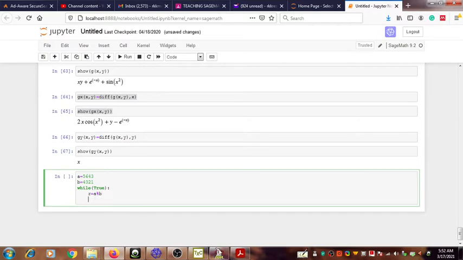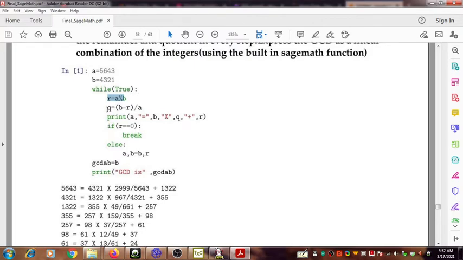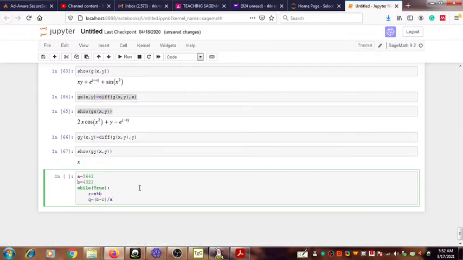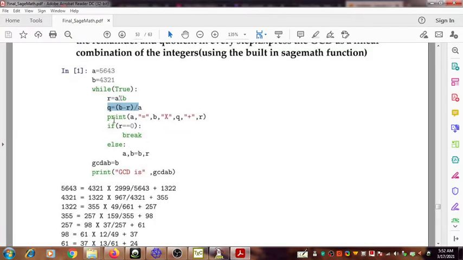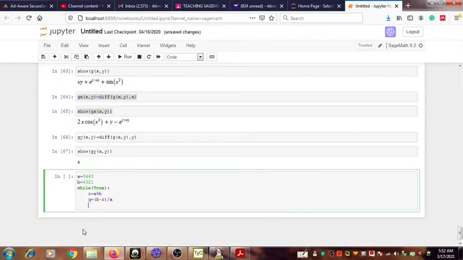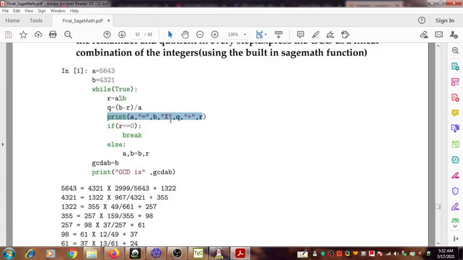Next, the same tabbing continues. It continuously gives that same tabbing. After that we use this, but while using that, you must take care not to make any mistake. Print, then A comma, and for this quotation, inside that quotation, it's better to replace it by the double quotation. Okay, a double quotation, and then you can use equal to. Then comma B comma,